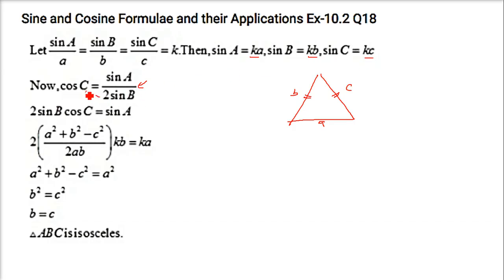Now here you take this one here. So you get 2 sin b cos c equals sin a. In place of this cos c, you write the cos formula, a square plus b square minus c square by 2ab. In place of sin b, you write kb from here, and sin a also you write ka. So k, k cancels. Here b, b cancels. So this a goes here, so it will become a square. This 2 also gets cancelled. So a square plus b square minus c square will be a square. Now when we cancel this out, b square minus c square will be 0. So c square, bring it here, b square will be equal to c square, that is b equals c. When b equals c, two sides of a triangle are equal, that means the triangle is an isosceles triangle.